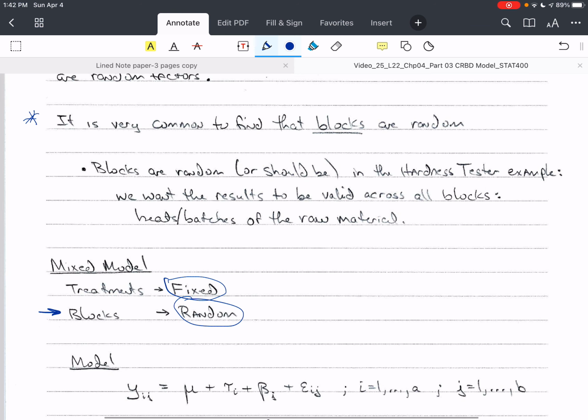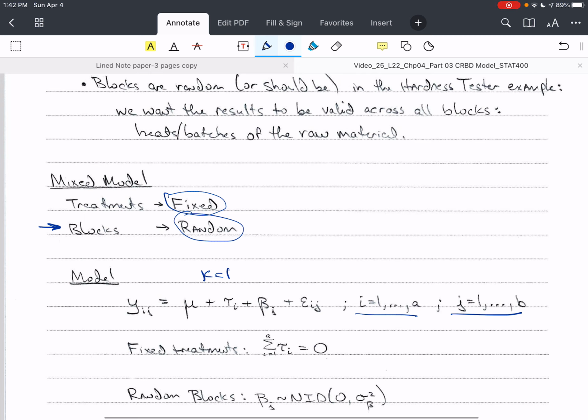Okay, so the model is y sub ij equals mu plus tau i plus beta j plus epsilon sub ij. Remember that k is equal to 1, so it doesn't show up as an index. i goes from 1 to a, j goes from 1 to b. Since the treatment factor or effect is fixed, then the constraint is that the sum of the tau i's is